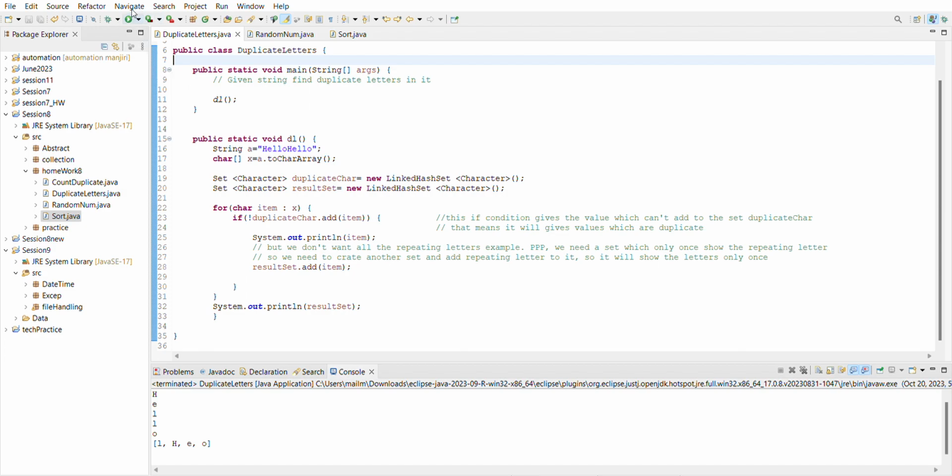So let me run it once. Let me change the value. So now only h is duplicate here. So here we can see H and L, of course, these two characters are duplicate, so we are getting them here. If I type LL one more time,